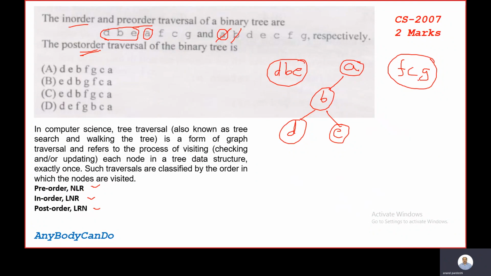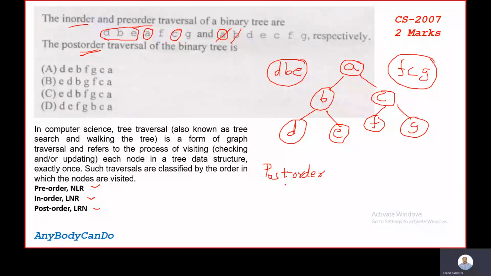So the same way for this F, C, G part, from in-order traversal, we know that F, C, G will come to the right of A, and while it comes to the right of A, C will be the root node. How am I coming to this conclusion, C? Because you can see this C is in the middle of F and G. So F will come to the left of C and G will come to the right of C. So this is the simple tree which we have formed using in-order and pre-order, and then we can easily write down the post-order traversal.